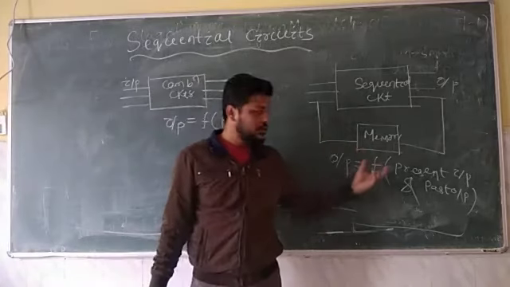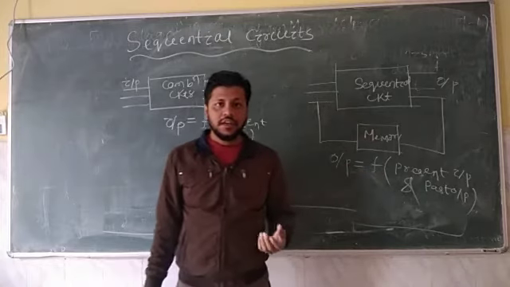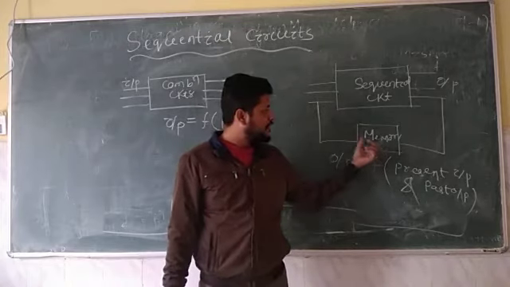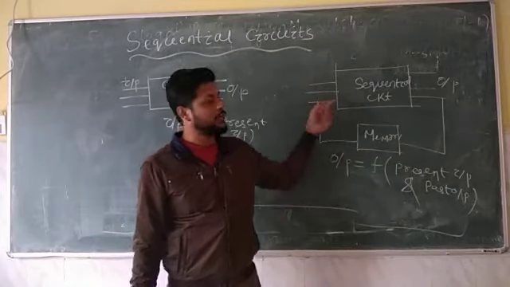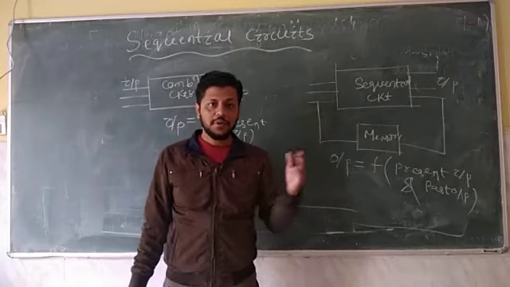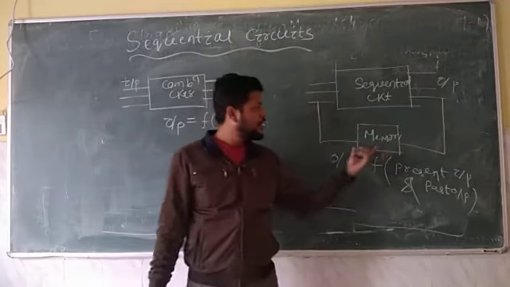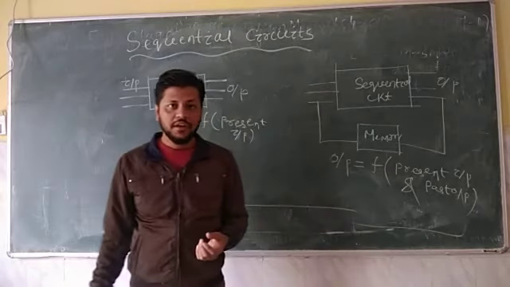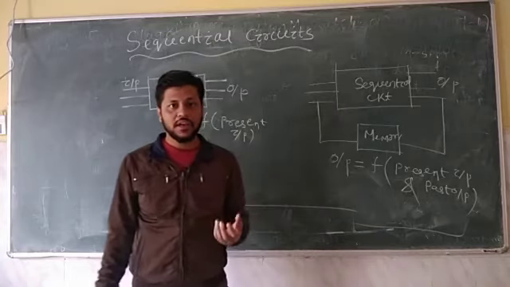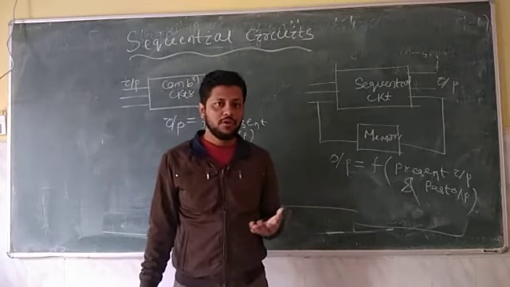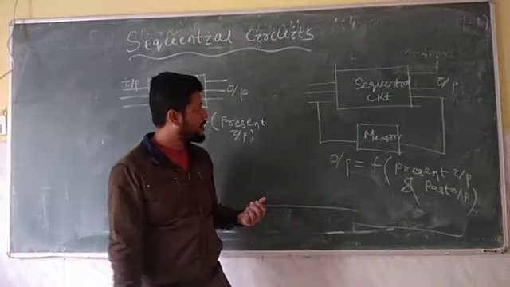So how to store that? In order to store the result, we need a memory. That's why we have the feedback path. Feedback means some part of the output is fed back to the input. Here we have a memory element to store the output. This memory element may be RAM, SRAM, DRAM or ROM. We will study this memory element in another chapter, that is memory devices.